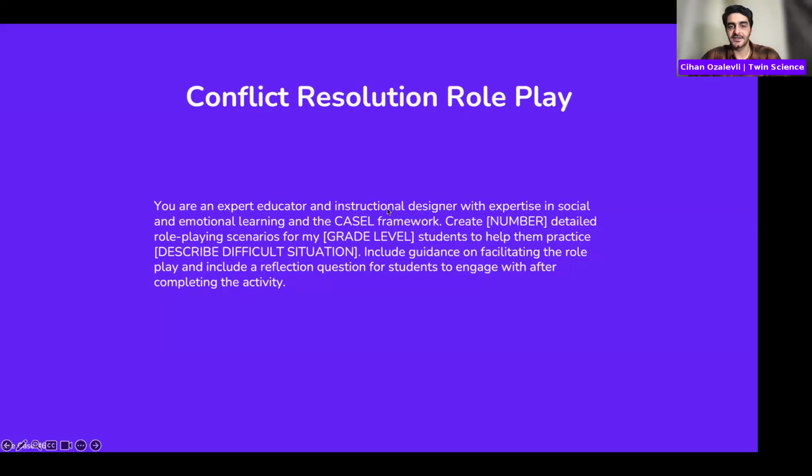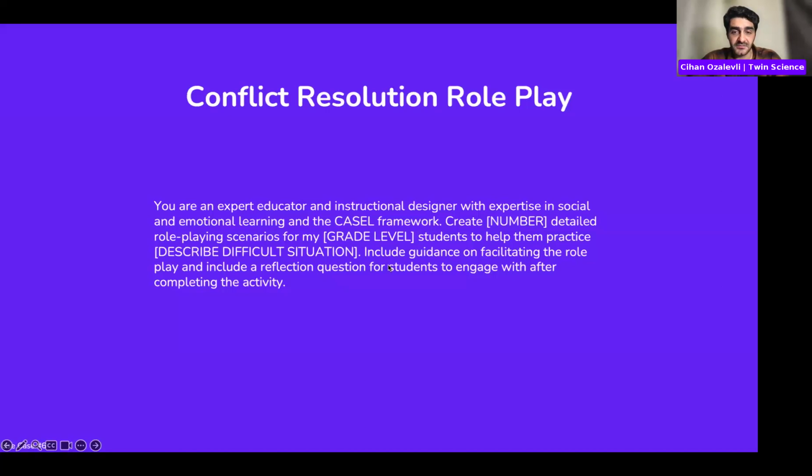And this one is about conflict resolution. So as teachers, probably you are experiencing this a lot. And conflict resolution role play is a very effective way to introduce social emotional learning skills. And there's a framework called the CASEL framework where these social emotional learning skills are explained in detail.